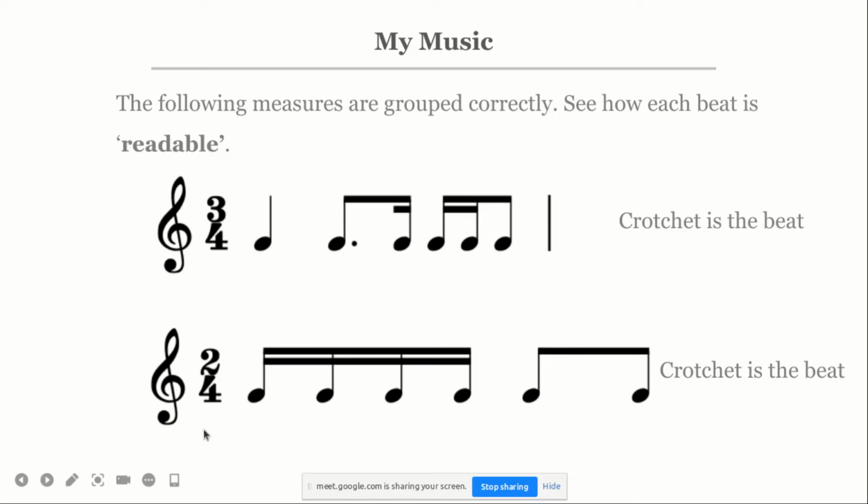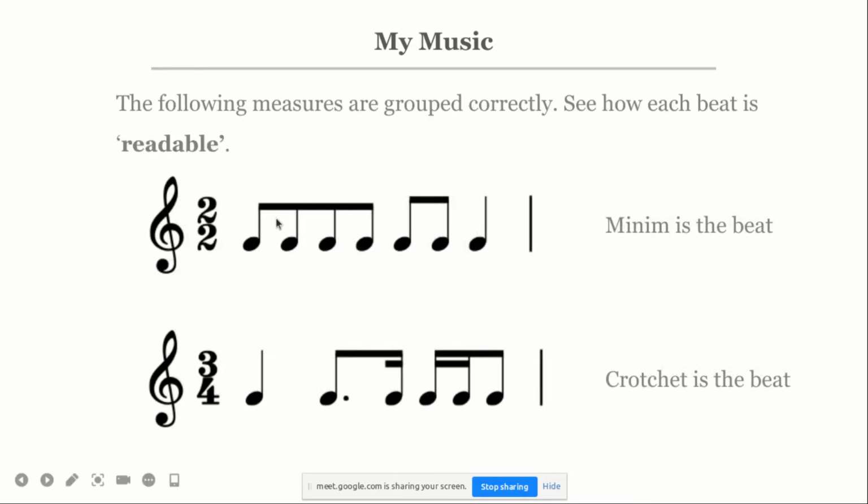We have 2/4, and you can see the first beat here, the 4 semiquavers, very clearly done, and then the second crotchet beat. Again, this is 2 minims. You can clearly see the first minim, the 4 quavers, and the second minim here, the 2 quavers and the crotchet. And then 3/4, we have 1 beat, 2 beats here, and the dotted quaver and the semiquaver make another beat. And then this other grouping here, the beamed notes, make another beat.